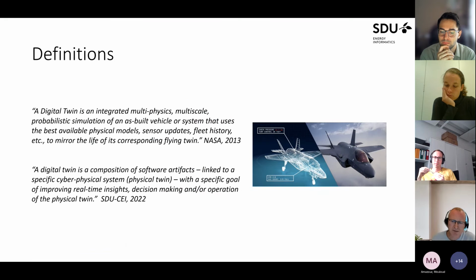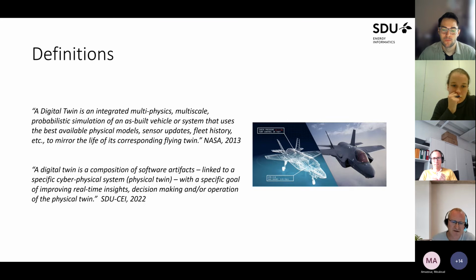So we have been looking a little bit into definitions in the past on digital twins, and there's a very commonly known definition from NASA back from 2013 that is very focused on actually modeling the physical properties of a system. But we have been working also a bit with our own definition, because we have a software perspective on building these digital twins. So we actually came up with an alternative definition some time ago, or earlier this year,